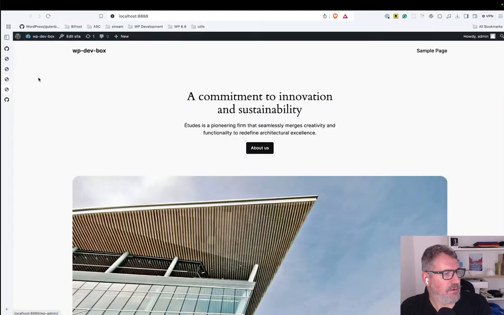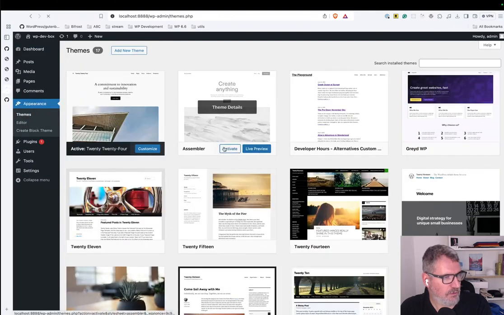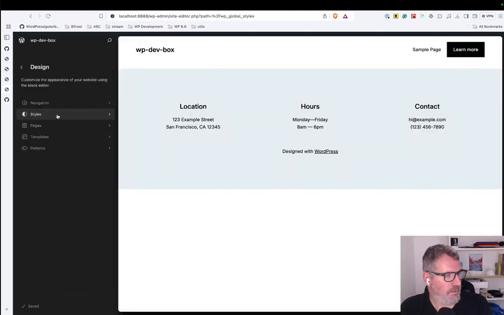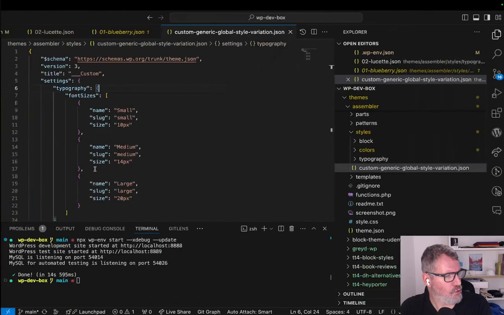Oh yeah, because it was defined in the assembler. So let's change the theme again to assembler. And now let's go to the editor, to styles. Yeah, this is one. Okay, so styles, custom generic,